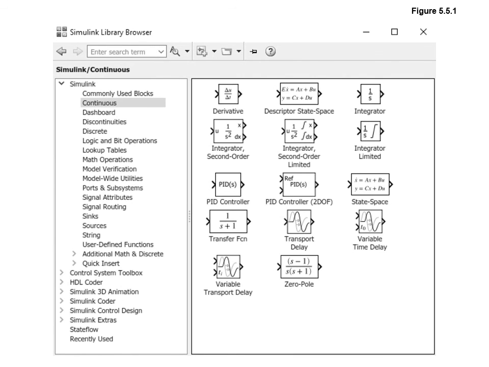Here's just a quick screenshot of what the Simulink browser library looks like, and some of these blocks that we're putting in. You can see over here on the left side under Simulink, we can drop down. There are all these different categories that we can go through and look at, and we can click on those. If we clicked on continuous here, we can say, okay, maybe I want a derivative function. So I can put this in here. I'll have a function that goes through this derivative with respect to what I want. You can always double click on these blocks to set parameters. And again, we'll go through this in a little bit more detail in some of my videos throughout this module.